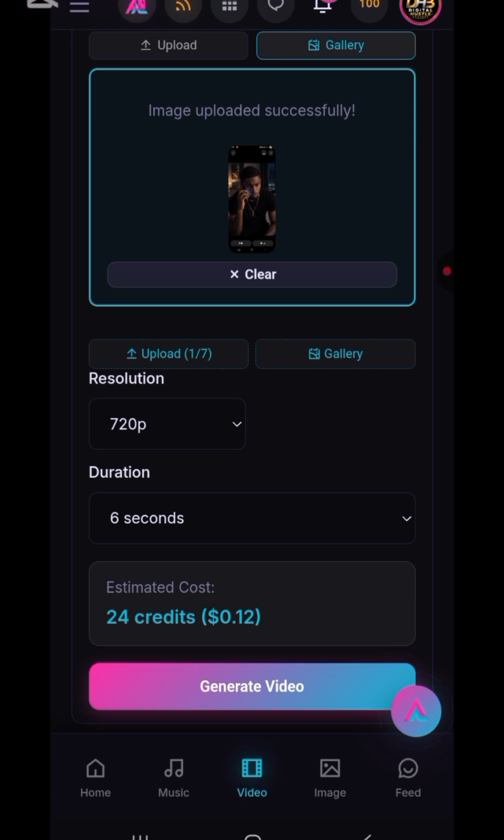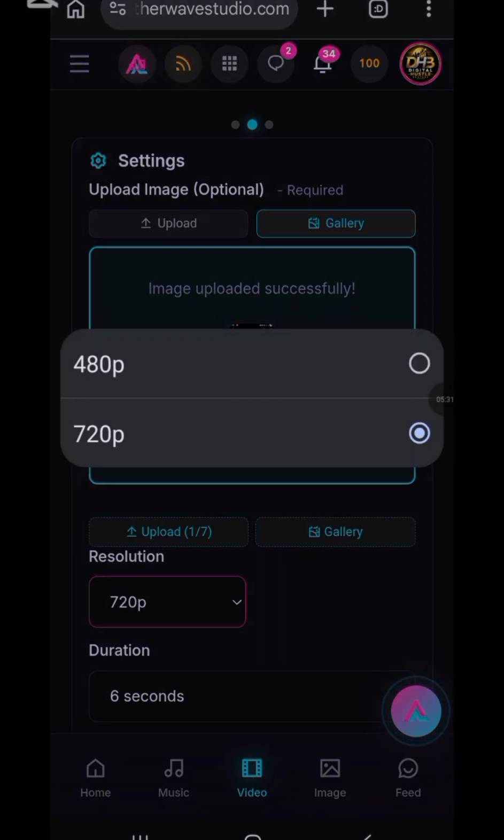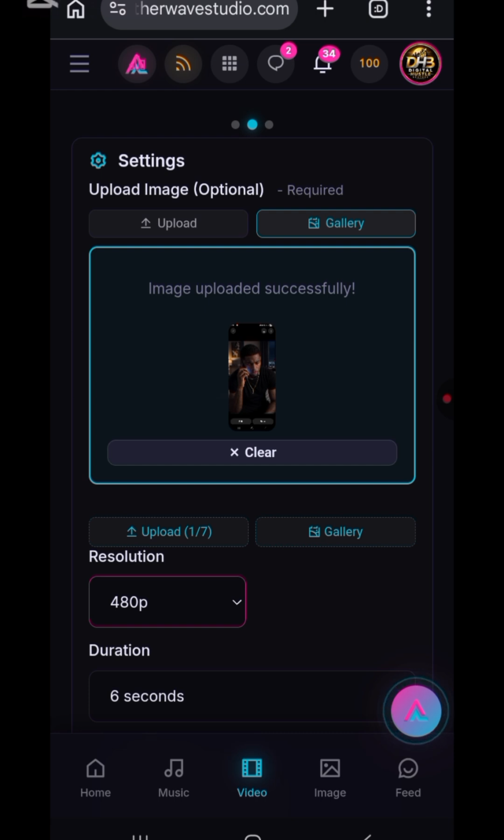So now, guys, here at the top, as you can see here, it's 100 credits. You get credits each day. So what we're gonna do is use our credits, and when we've used all our credits to create our videos, for you to get more credits, you just log out here.